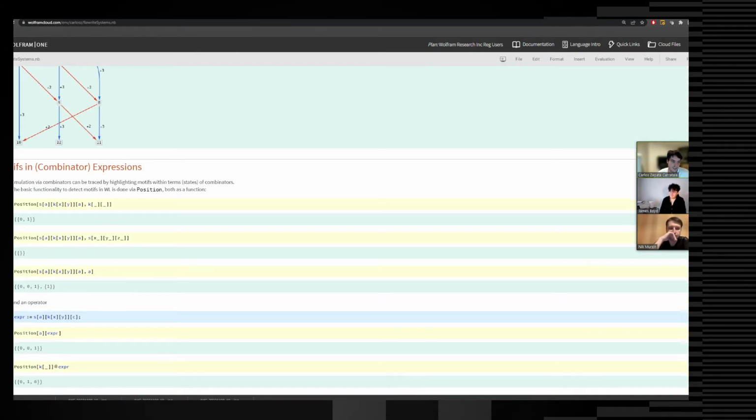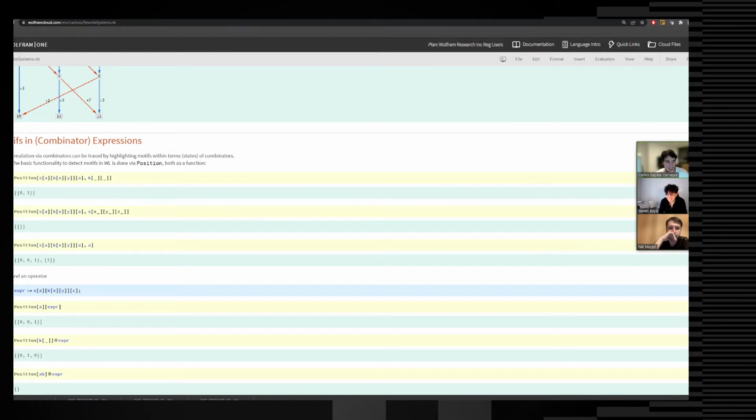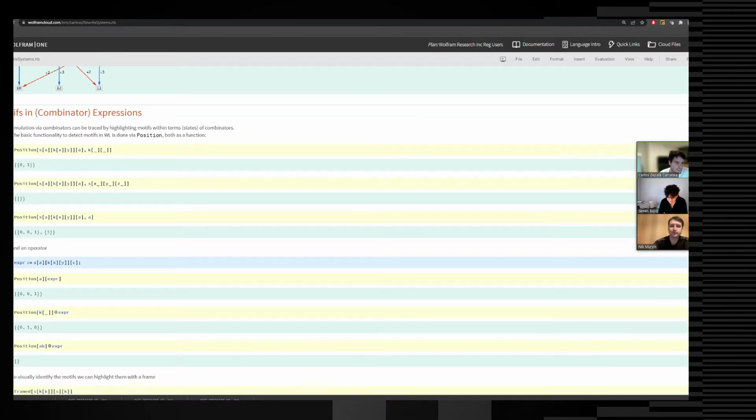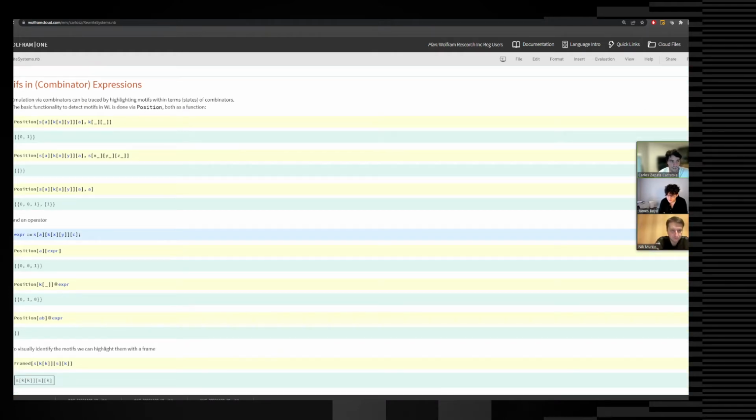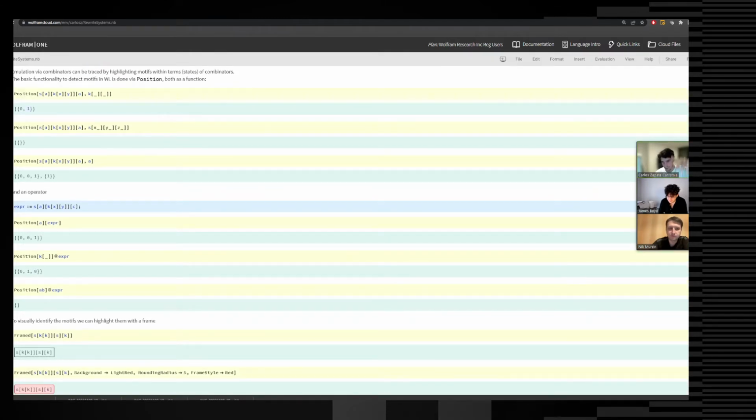Anyway, because we have in mind that we want to see combinators in these expressions, and we want to detect motifs within large expressions of combinators, I did my own pedagogy of how the Wolfram Language deals with these things. I think it's useful for people to see how the machine operates and how we're running our stuff. Most of this is just my learning and not so relevant. Basically, we take expressions, we look at positions of those expressions, and those are themselves some kind of tree-like structure with brackets and symbols.